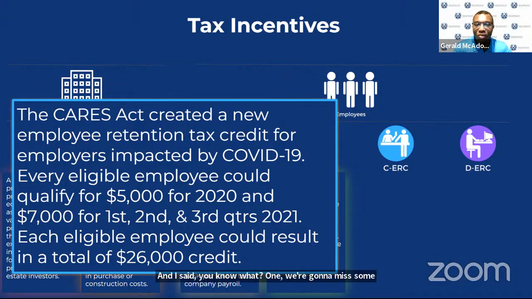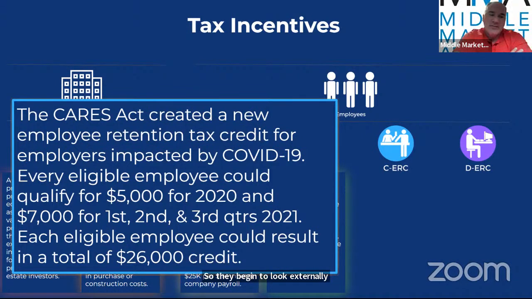Two, we really don't want to have this risk in-house. And three, we're spending so much time on this, we're neglecting what we're supposed to be doing for our clients. So they begin to look externally to have someone do this for them. And the risk is a great point, because why do we hire tax experts to do our income tax returns or our franchise tax returns or sales tax? Because if something for whatever reason doesn't quite work out right, that expert is ultimately responsible and will intervene